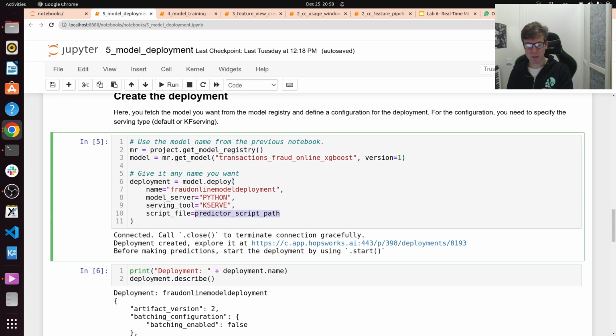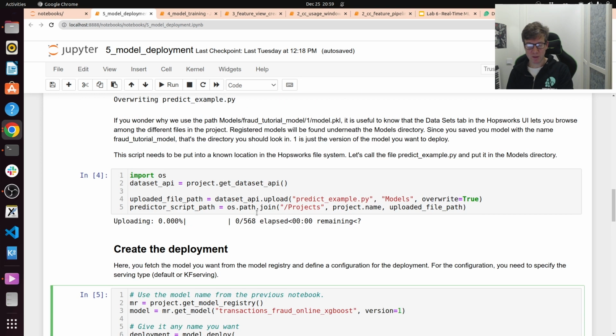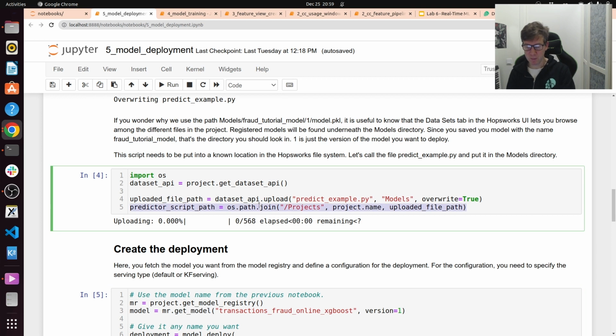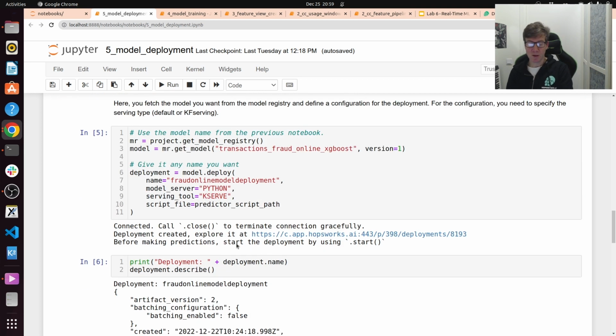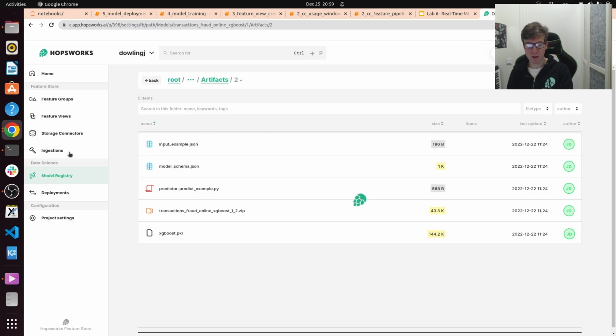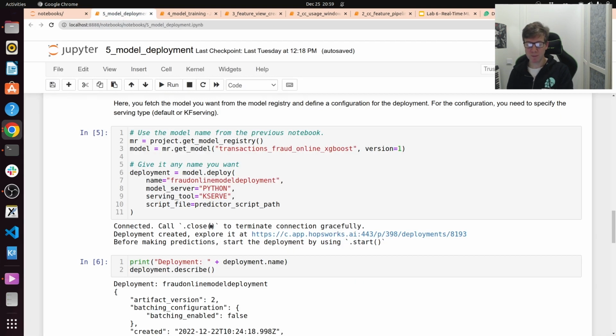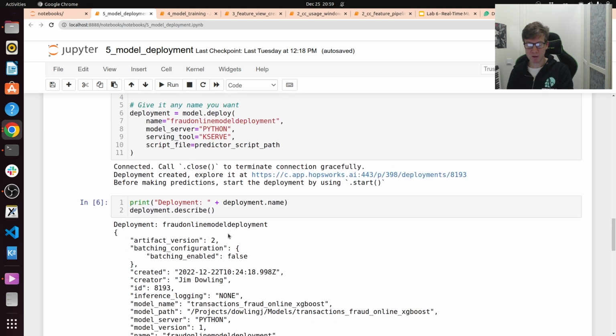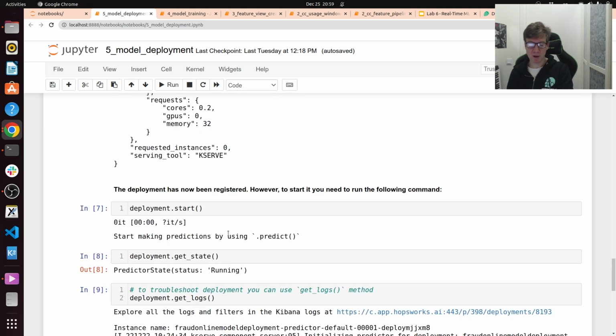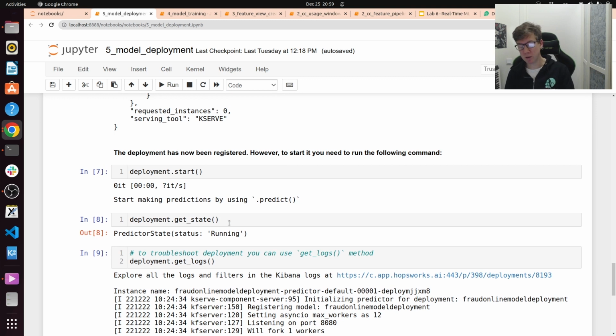So this is our predictor script, and the path to it is defined up here. You can see that's our path to our predictor script. When you call model.deploy, it will be created as a deployment here. These are deployments here. Its current status is running, but when you deploy it at first, it won't be running. When you call describe on it, it'll basically say it's initialized or created. We need to call start on it in order for the model to actually start